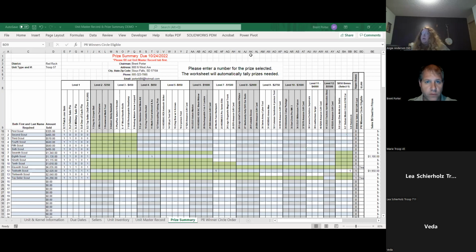Where can I find the transfer form? The Sioux Council website has it. It is there. I was going to upload it to the Facebook page. I can't remember if I've got it on the Facebook page or not yet, but I will be putting it on the Facebook page. That'll be out there shortly. Give me a couple of days possibly to do it, maybe the weekend. But we'll get it out there on the Facebook page. So it's available there. Otherwise, in the meantime, feel free to go to the council website, scroll down to the bottom.